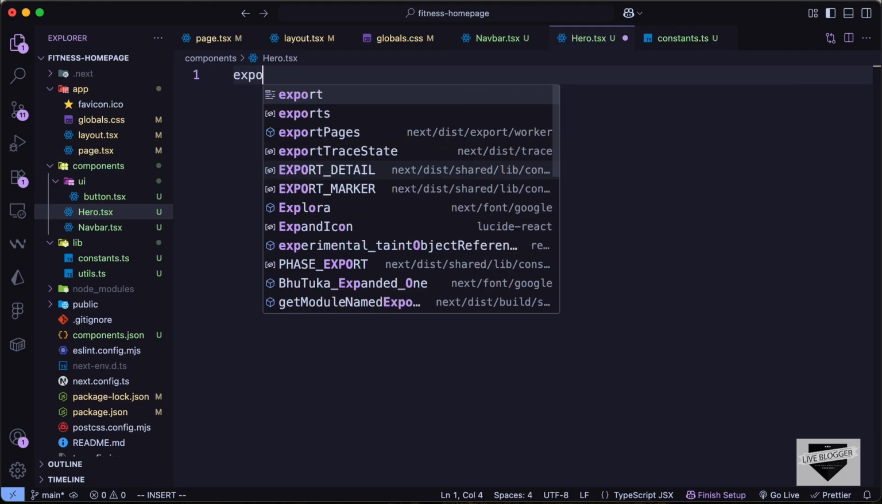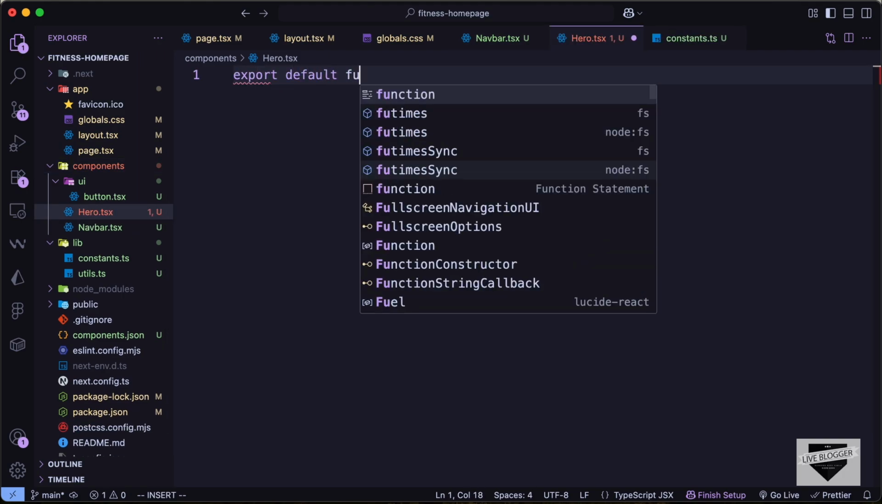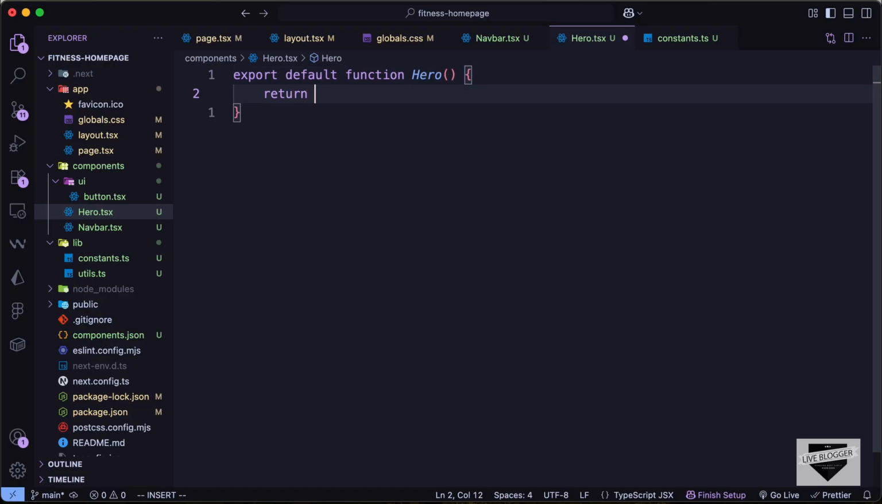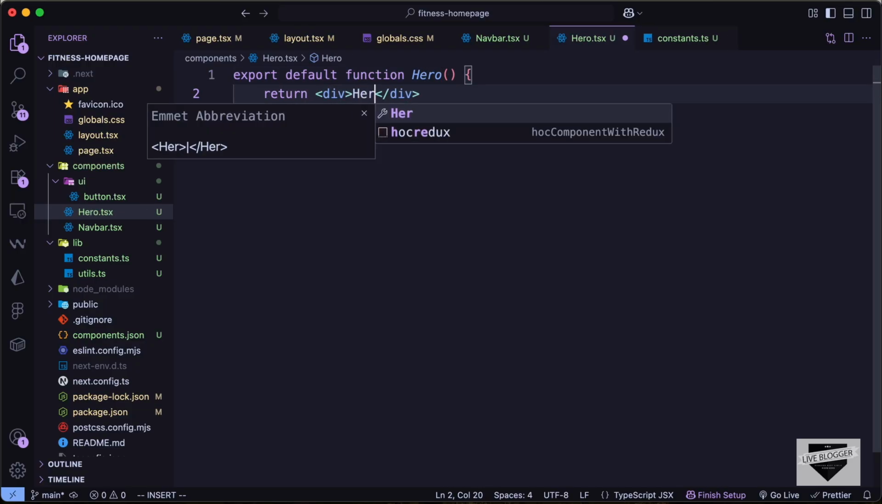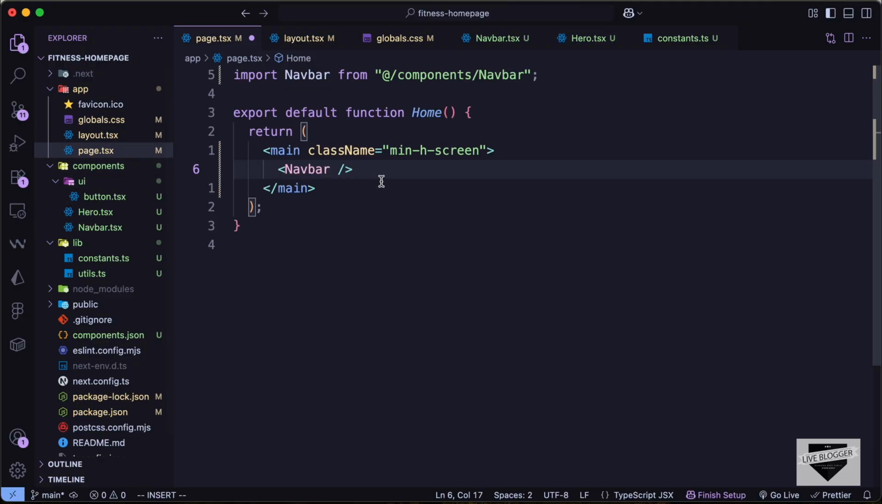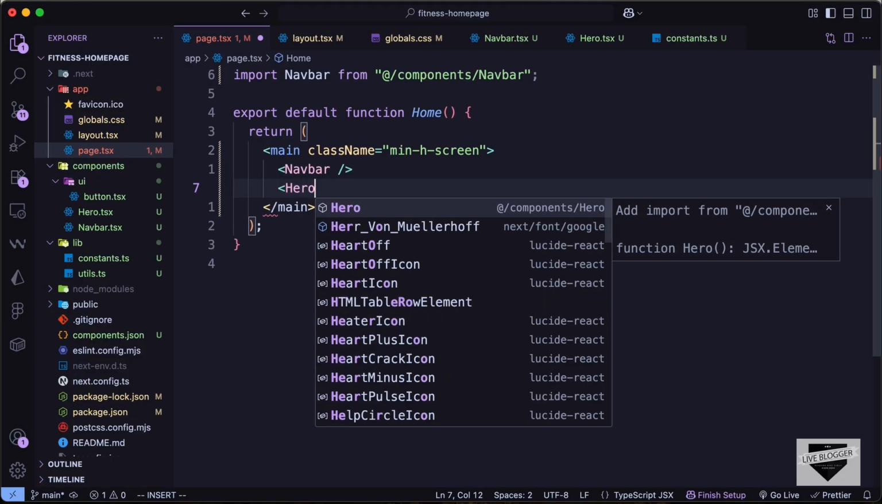And like always, let's type export default function and let's call it Hero. Let's return a div for now and type hero section. And let's import this in our home page. So here we can see we have the page.tsx file. Let's open that, and here after the nav bar, let's type Hero and import it